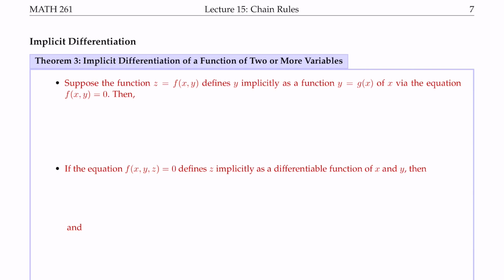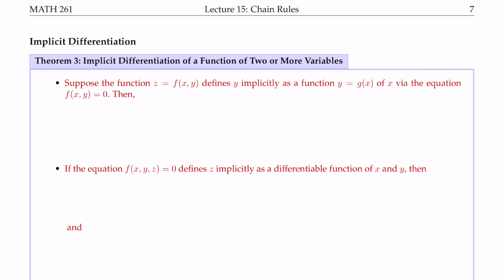So in this section, we're going to talk about implicit differentiation. All the functions under consideration so far are written explicitly in terms of x and y, or in terms of t, or in terms of u and v. Now, there are a lot of situations where the functions cannot be expressed explicitly in terms of the independent variable. That is, the functions are written implicitly in terms of x and y. In those cases, when you want to find the derivative of the function, you have to apply something called implicit